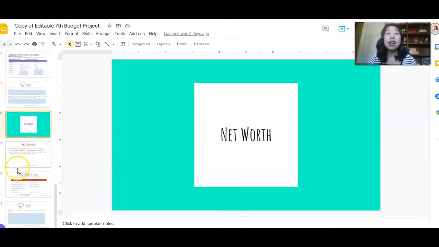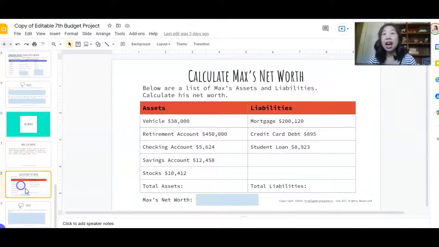Lastly, we talk all about net worth. What is net worth? How do we calculate net worth? What does this mean? And why is this important? In this last exercise here, we talk about Max's net worth. And so we kind of talk about things like liabilities, debt, retirement account. These are things that are super important for our students to talk about because I don't think we talk about these kind of things enough as adults. And so this is an incredible lesson for students to walk away with, even if they just have surface level